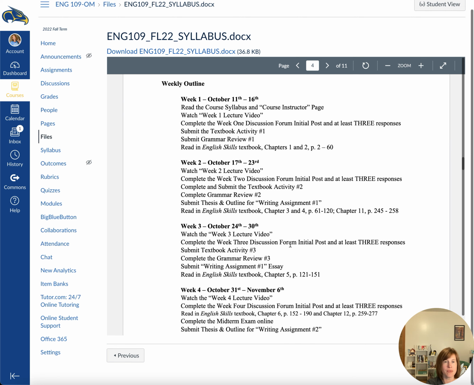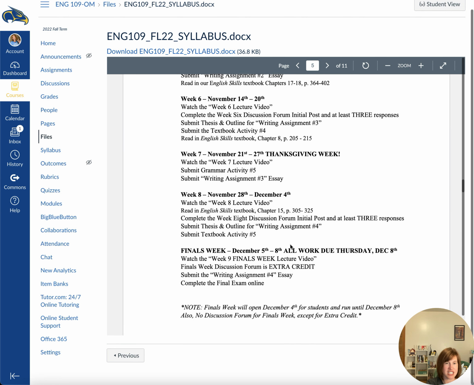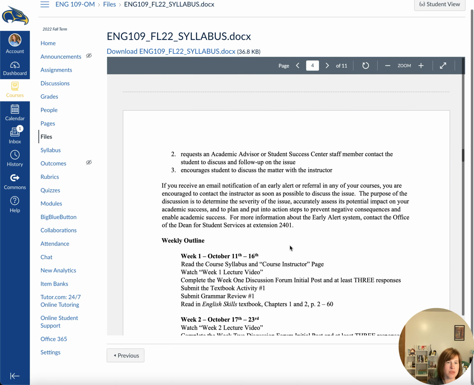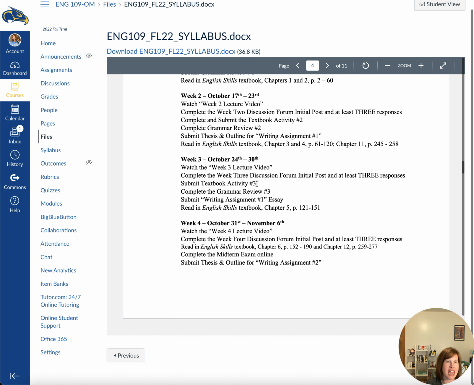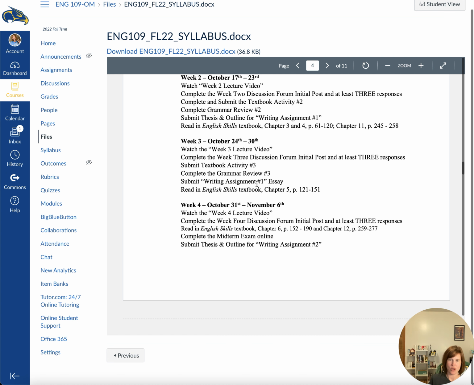But here is the schedule. There are technically 9 weeks in this class if you count finals week. We start this week, week 1, this week in October. This syllabus, if you print it out and keep it with you, tells you everything that's due for the week: the reading assignments, what activities to do, what paper we're on, and the dates. Everything's always due Sunday night. That's my big thing. You have an entire week. I open the assignments on Sunday and they're open for one whole calendar week. So you have 7 days to complete them. So that's basically the policy.